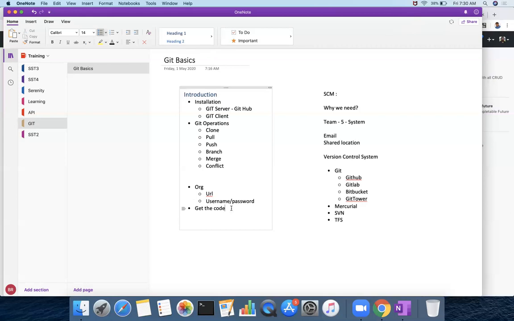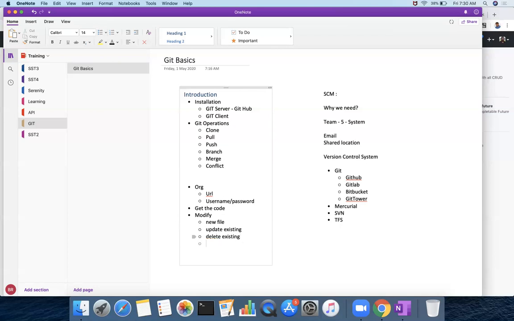Once you get the code, you can write your code and modify it. Modifying can mean creating a new file, updating an existing file, or deleting an existing file, based on the functionality or the task that has been assigned.